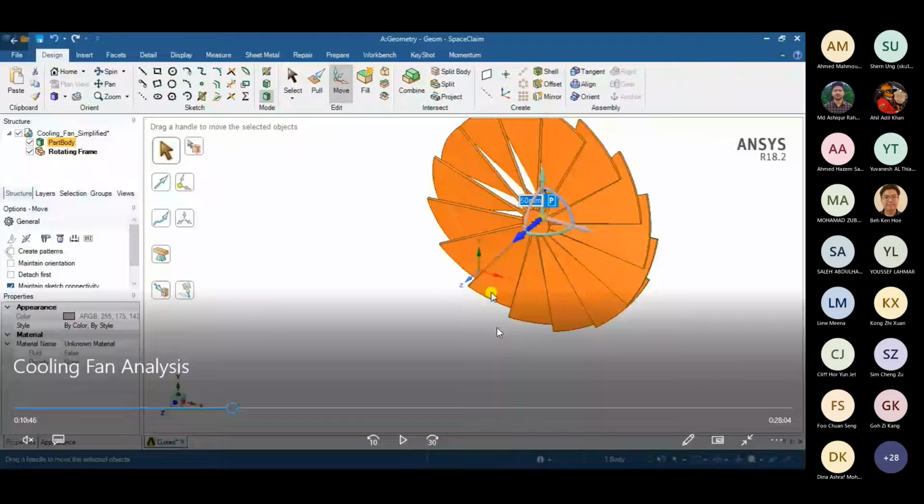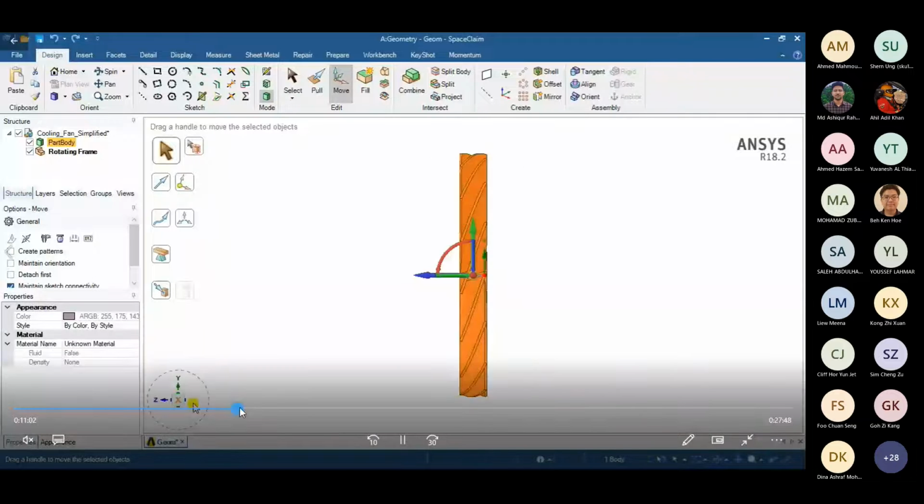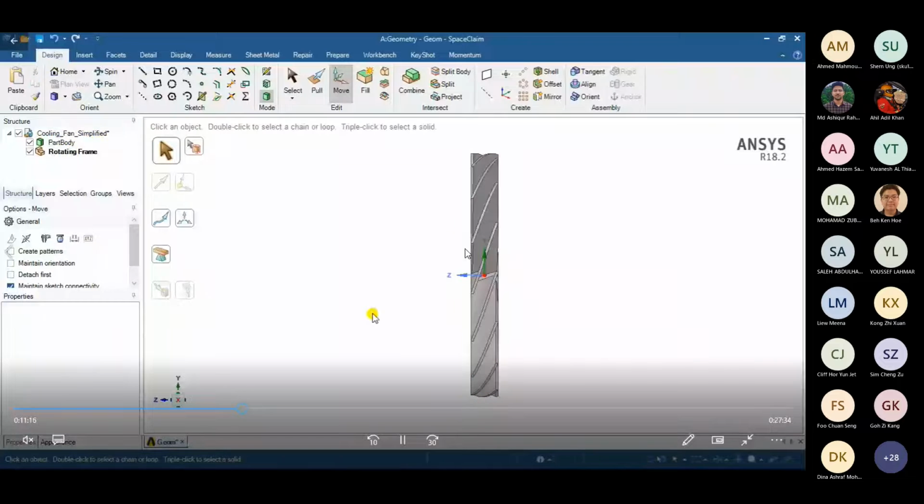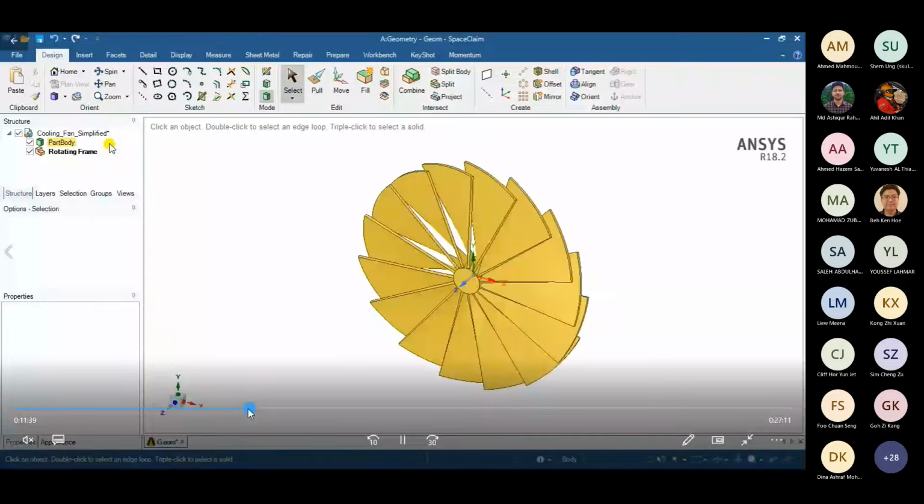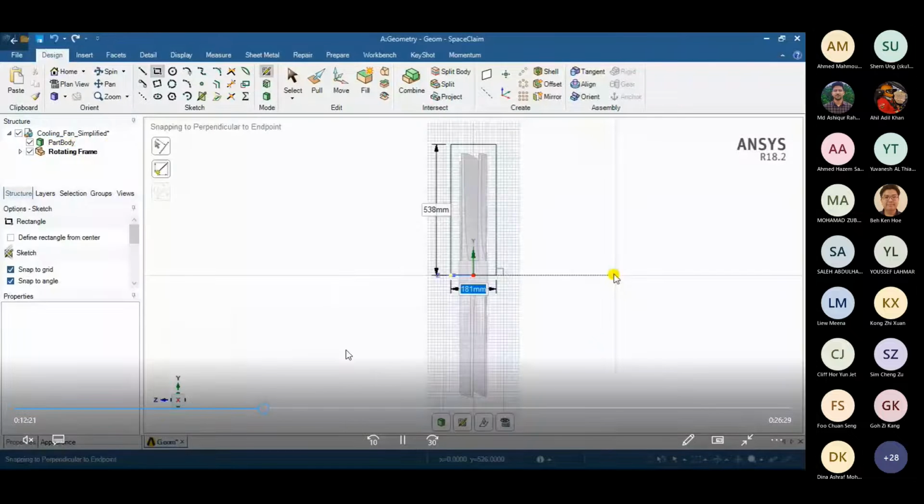Here, you would create again a simple box or enclosure around this, which will be very close to the geometry, with the edges of that box close to it. So if I show you over here, just fast forward it quickly. Here you'd be able to see that I have created this box or surface, and then I'm going to revolve it using the revolve option in the pull tool.